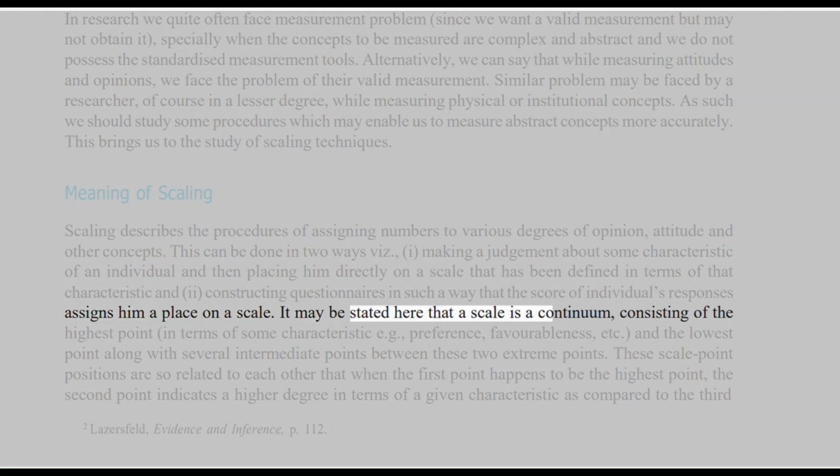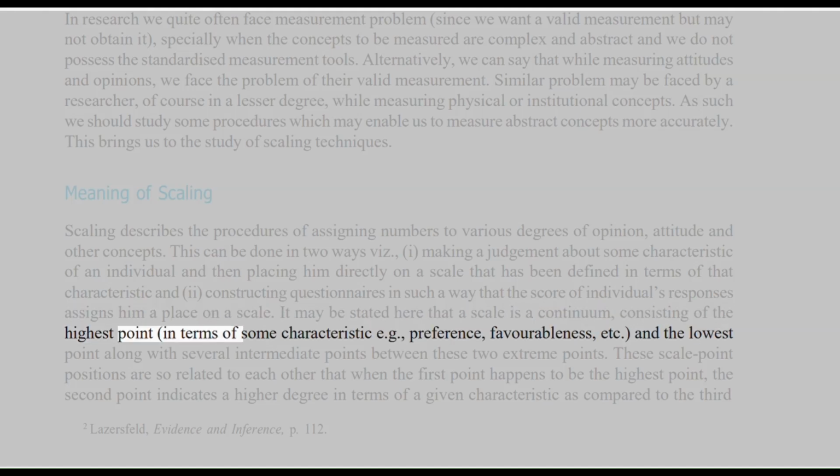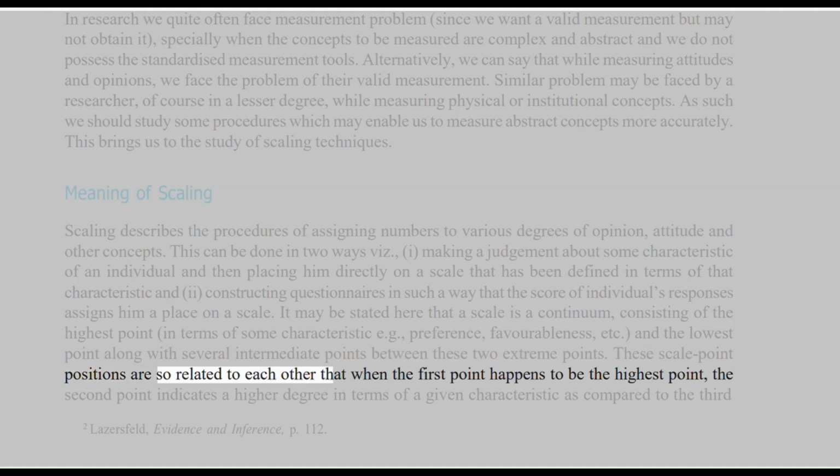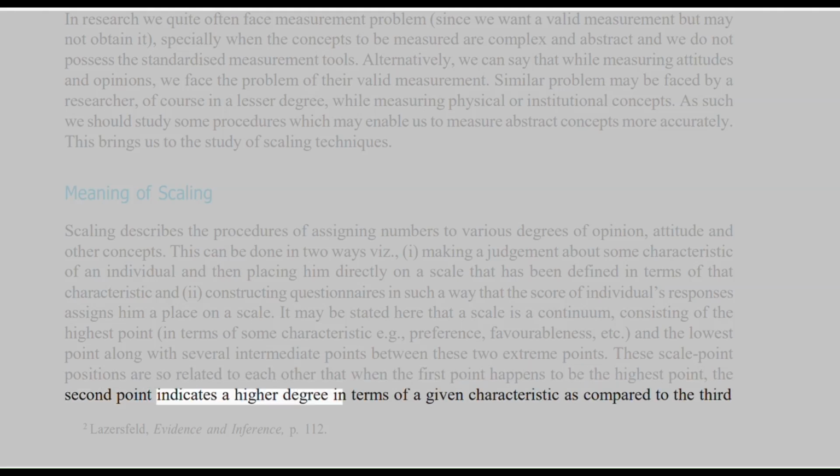It may be stated here that a scale is a continuum consisting of the highest point in terms of some characteristic, for example, preference, favorableness, etc., and the lowest point, along with several intermediate points between these two extreme points. These scale point positions are so related to each other that when the first point happens to be the highest point, the second point indicates a higher degree in terms of a given characteristic as compared to the third,